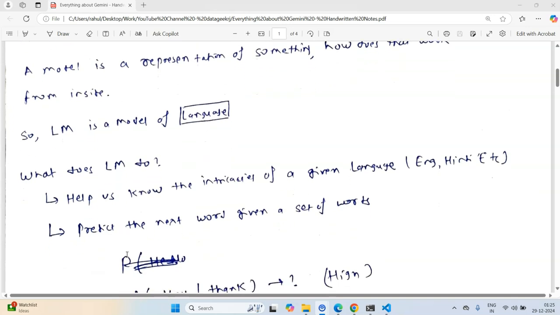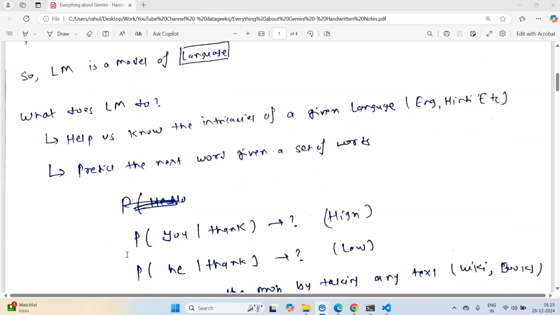Just to give you an example, we can take the entire Wikipedia text that is available on the internet and find out the probabilities of word co-occurrences. Let me explain what I mean by that. Suppose my entire Wikipedia text consists of this sentence: hi, how are you doing?